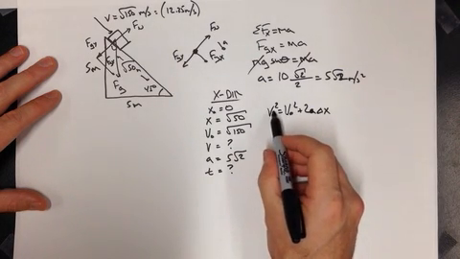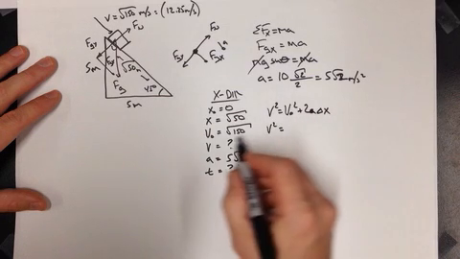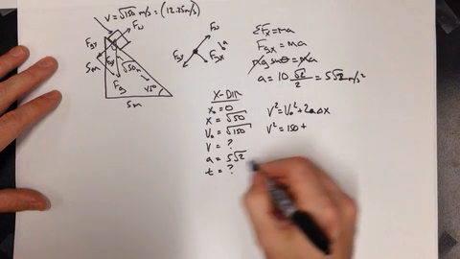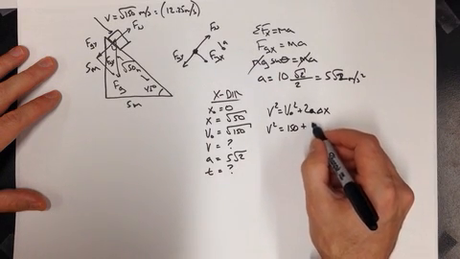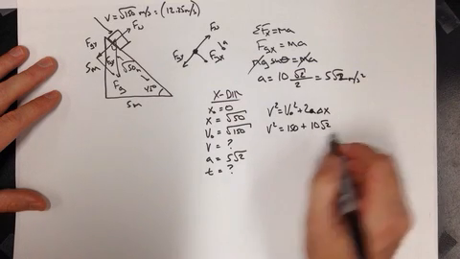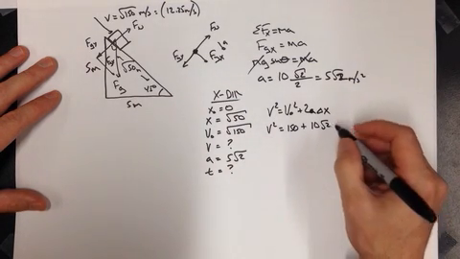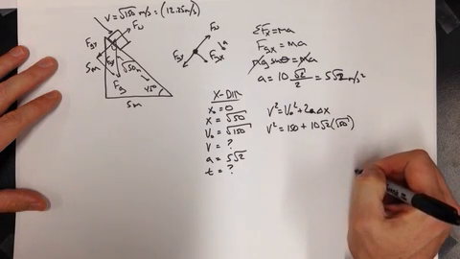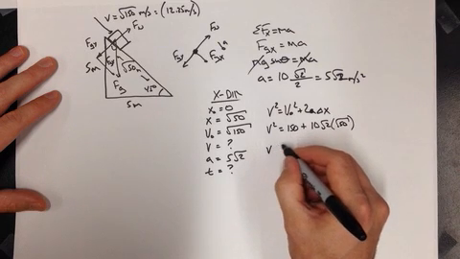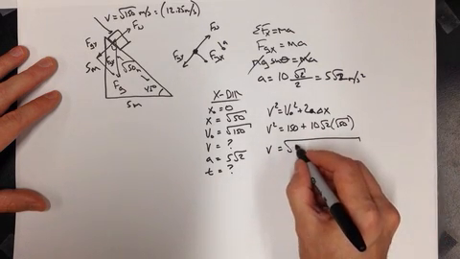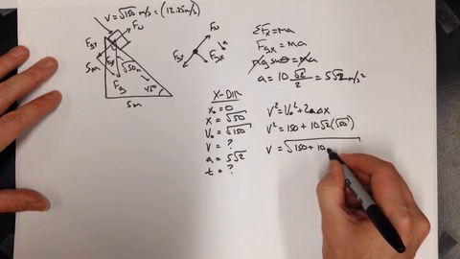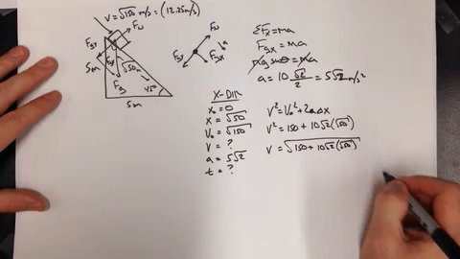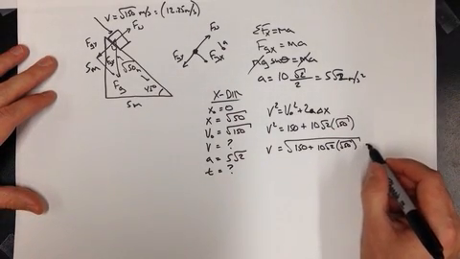And so I'm trying to find this, so I end up with v squared is equal to v naught squared, so that's 100, the square root of 150, so that just ends up being 150, plus 2 times a, so that ends up being 10 square root of 2, and my delta x is the square root of 50. All right. So this then ends up being v is equal to the square root of all this: 150 plus 10 square root of 2 square root of 50. All right. Now I don't have a calculator, but this would work out, and it would be something in meters